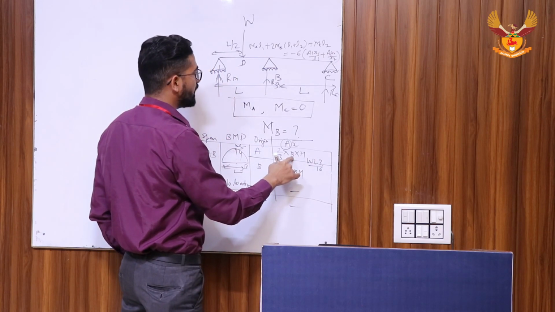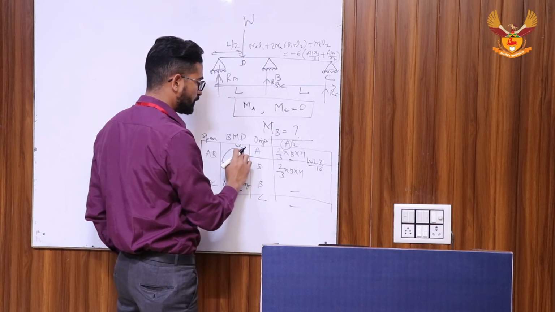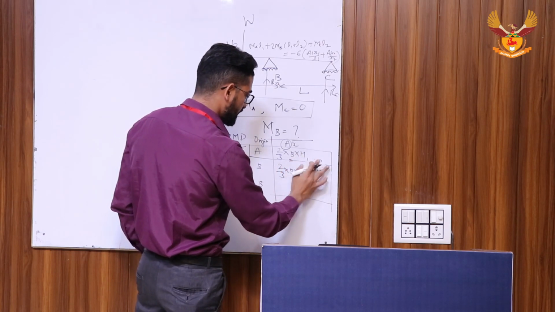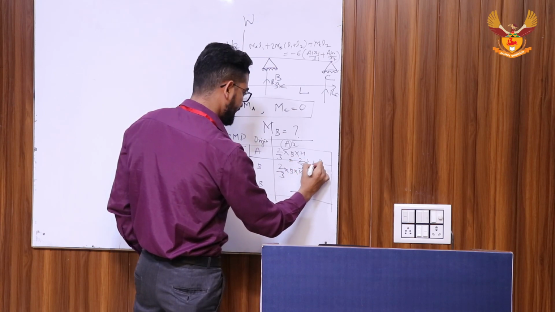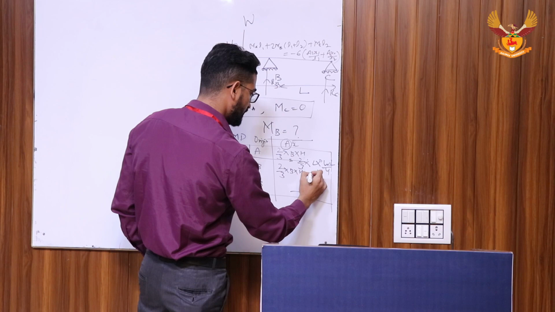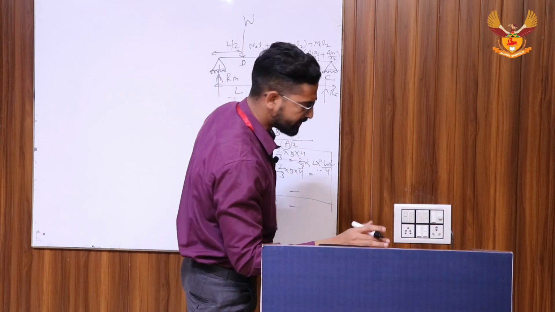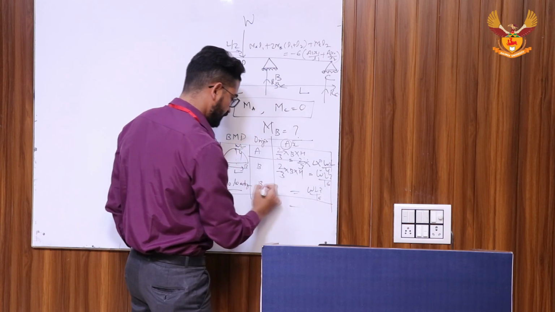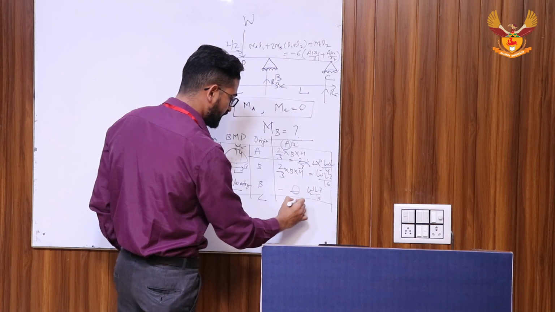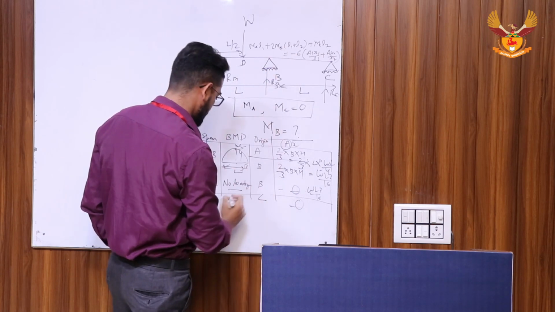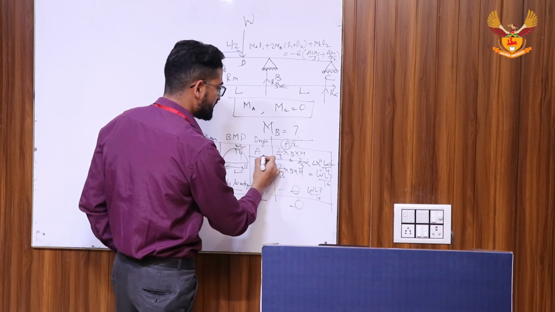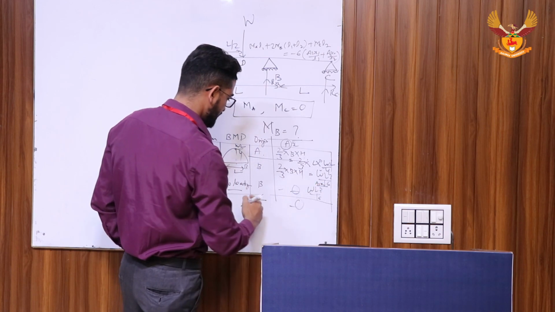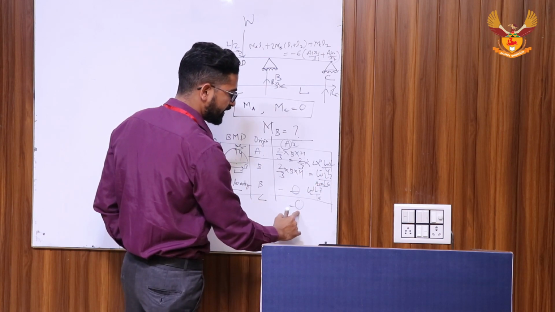In place of base, you put L, and in place of height, you put WL by 4. 2 by 3 base will be L, and this is WL by 4. Yes, it is WL cubed by 16. Here also, same, you will get WL cubed by 16. And for BC, no load is acting, so it will be 0. Now we apply this theorem. For origin A, whatever value you get, WL cubed by 16, this is your A1 X1. And for origin C, whatever value you get, this is your A2 X2.